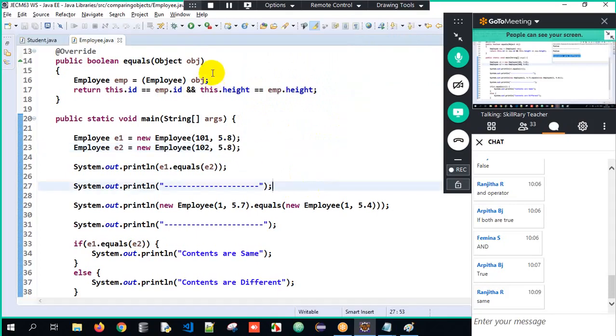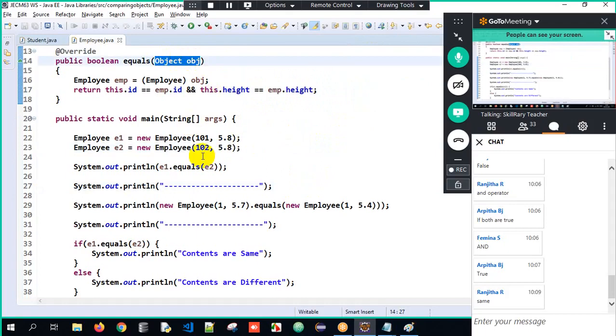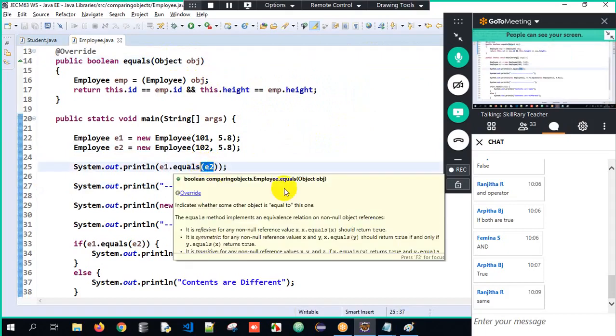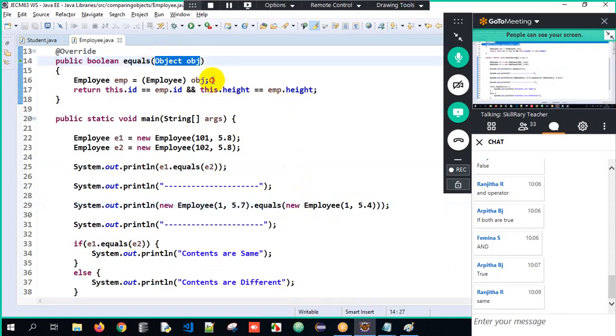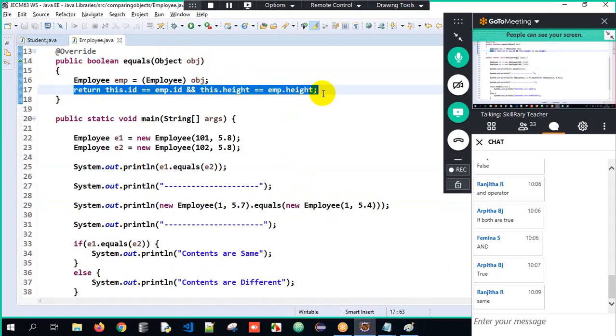Got it? So first, why is it accepting object obj? Because I can pass any types of object. See, E2 is employee object and new employee is nothing but what? I'm comparing the objects of employee here. So that becomes upcasting, that becomes downcasting, and the logic for comparison. 3 steps, if you understand, you can override the equals method in a beautiful manner. And I know it's tricky because if you're not sure of upcasting and downcasting, it's going to be tricky. If you practice this topic a couple of times, it would be in your subconscious mind always here. You'll never forget it. So make sure to practice this entire data here.